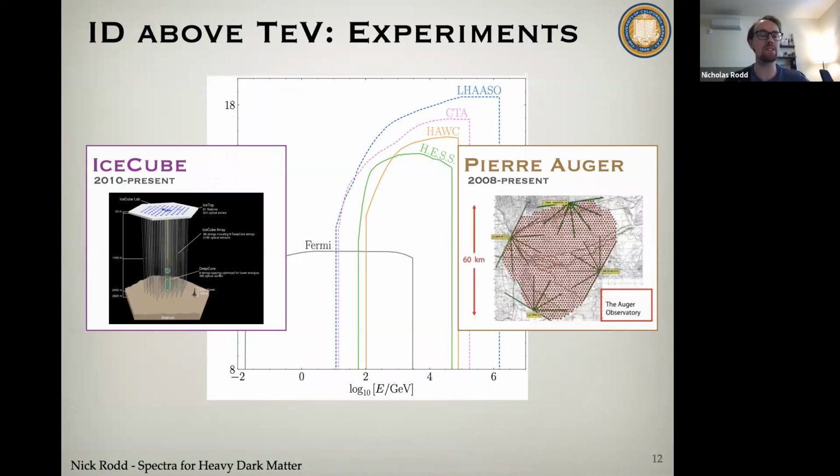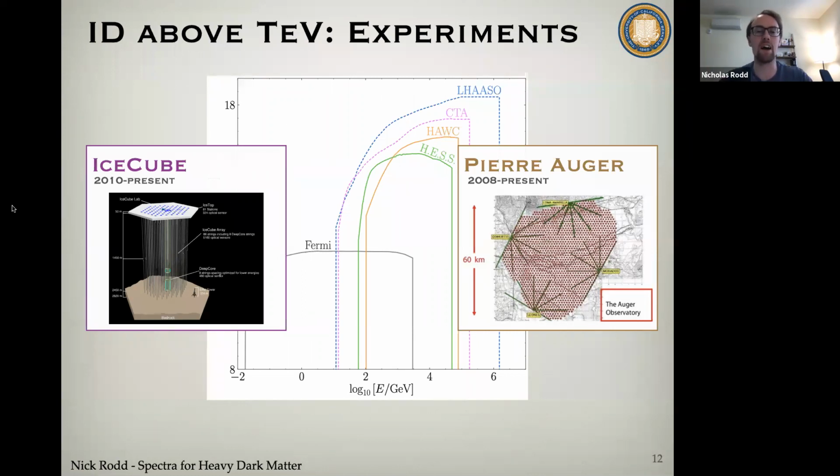Of course, these high energy particles, you don't just have to search for them in photons. You can also look in neutrinos or other charged cosmic rays. So there won't necessarily be big improvements like we'll see for photons. But hopefully in the future, IceCube Gen 2 will come online, which will continue to accelerate our search for high energy neutrinos. And then there are also a number of experiments that are looking to eventually improve upon the Pierre Auger array, which is how we've been looking for some of the highest energy cosmic rays we've ever detected. Like, for example, you might have heard about the proton that was detected with the kinetic energy of a cricket ball. Well, these are the types of experiments that have been searching for those.